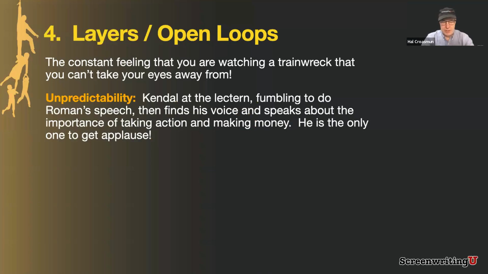So there's also other forms of unpredictability. I wanted to point out this one because it creates another open loop. When Roman blows it, Kendall steps to the lectern. He fumbles around with Roman's notes, and he says a couple of things in the beginning, and then he finally puts the notes away. He finds his voice and he speaks about the importance of taking action and